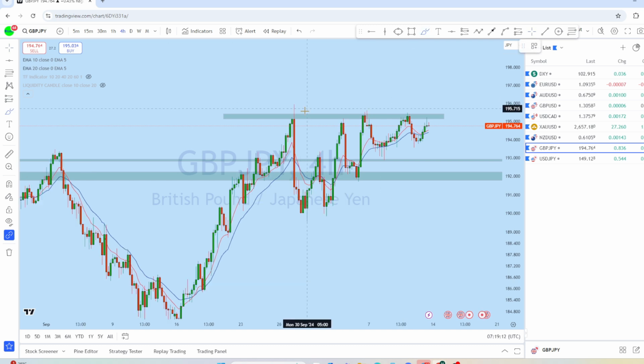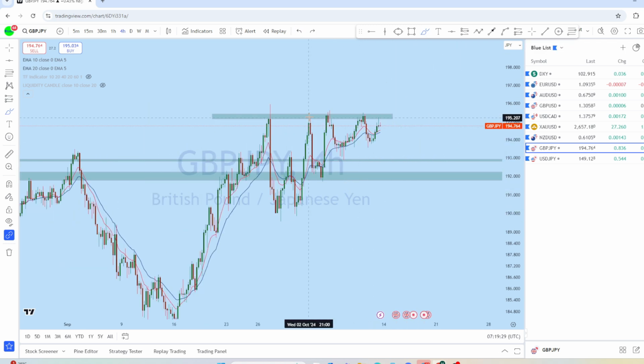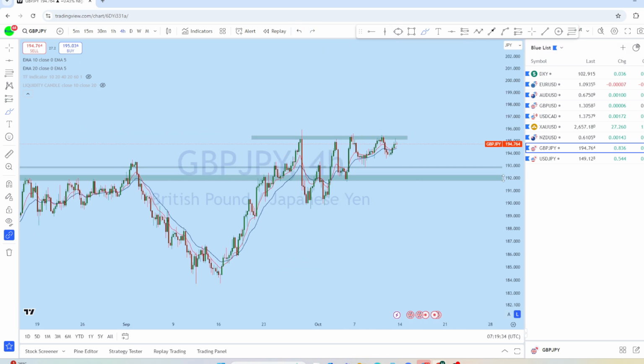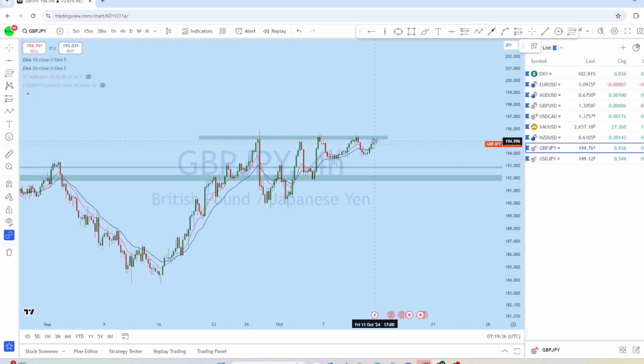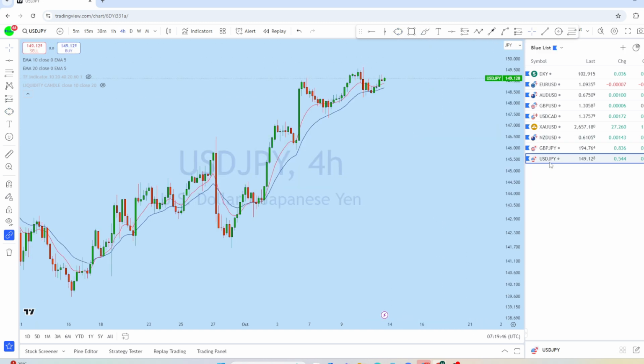If we look at the resistance line here, we can see resistance here, resistance here, resistance here, resistance here. So we can see back-to-back 4 rejections from that level, and every time it is rejecting, it is forming a series of higher lows, which is a sign that the price is putting pressure on this resistance. At any point, we can expect the market to break to the upside. Therefore, what we can expect is a liquidity grab before it flies to the upside. This could be the wave on GBPJPY.